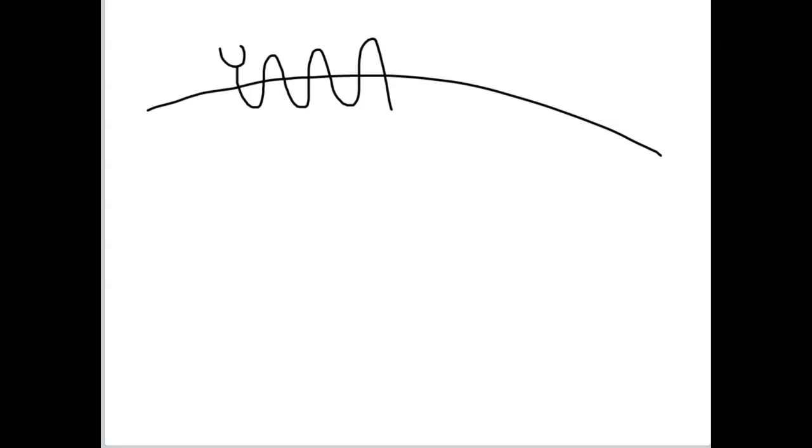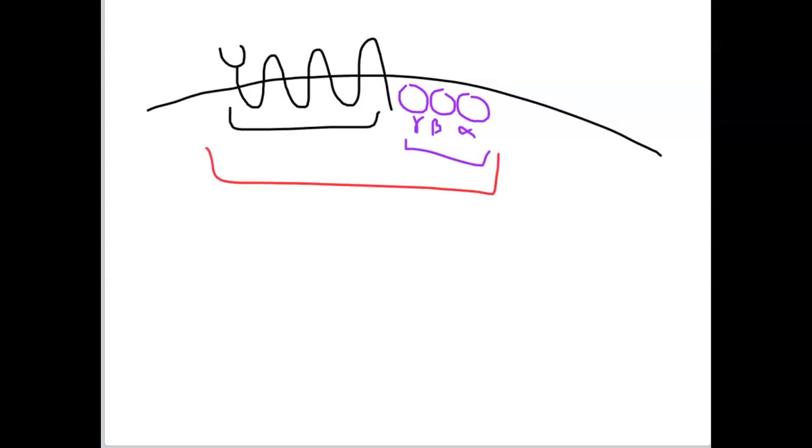I've only drawn the receptor, but this is a G-protein coupled receptor, so let's draw in the G protein here. The G protein is made up of 3 domains. There's an alpha domain, a beta domain, and a gamma domain. And now we have a G protein coupled receptor. Again, to drive the point home, this is the receptor, this is the G protein, and together it is a G protein coupled receptor. So this is what's going to transduce the signal from outside the cell into the cell